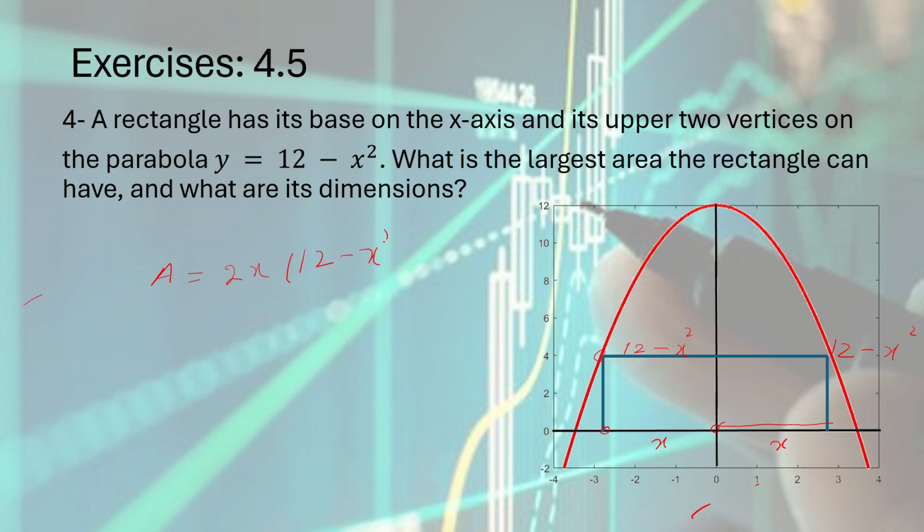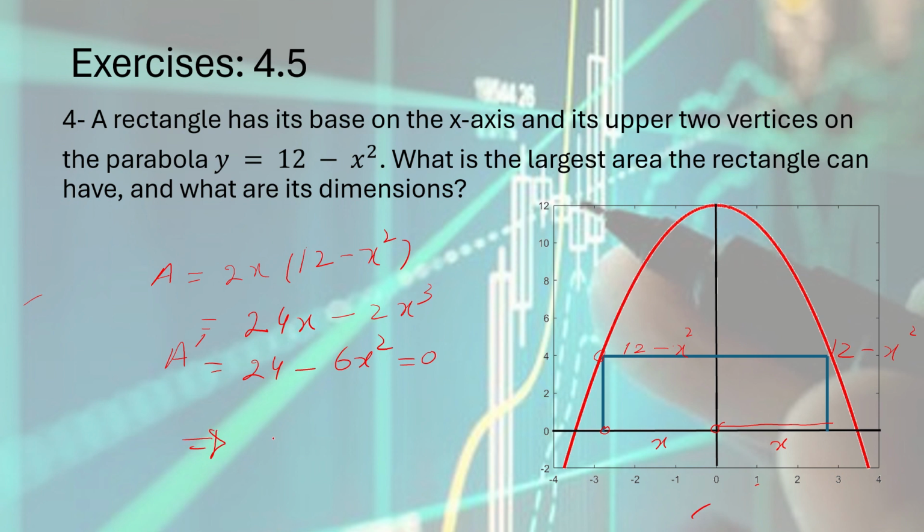minus x square. That's the area, because we are interested in the area function and we have to maximize the area. So that is 2x into 12 minus x square, which could be simplified as 24x minus 2x cube. अच्छा, अब इसको डिफरेंशिएट करना है हमने. So I may consider just A dash, which will be 24 minus 6x square, and equate that to 0 to get the critical point, a stationary point, which may be simplified to,